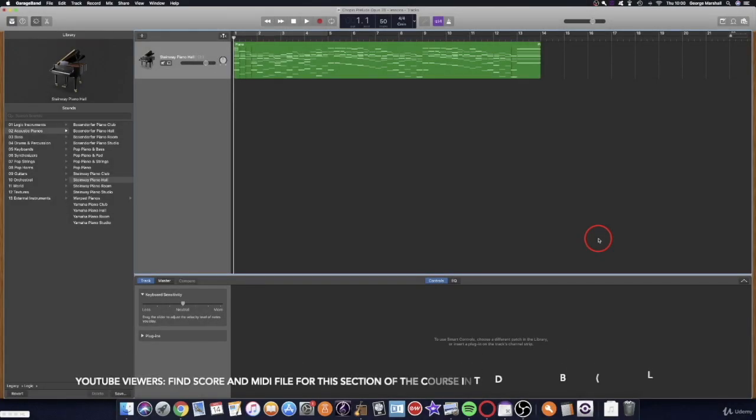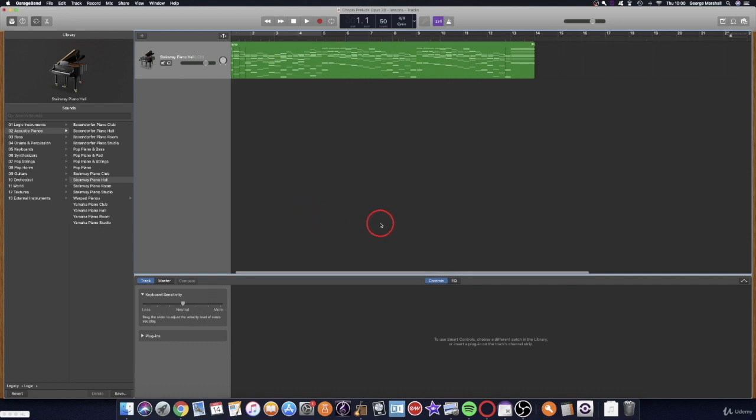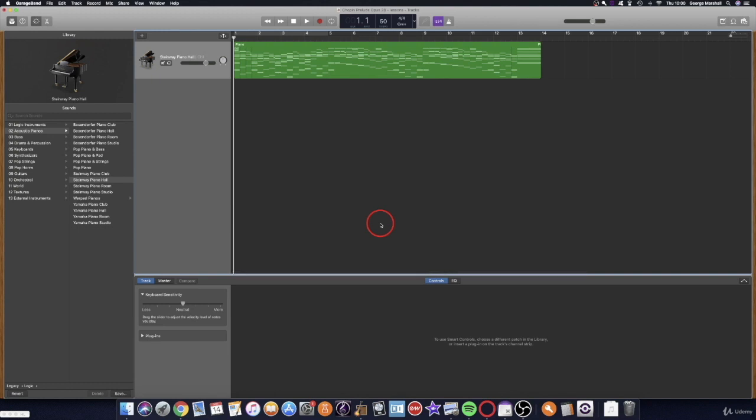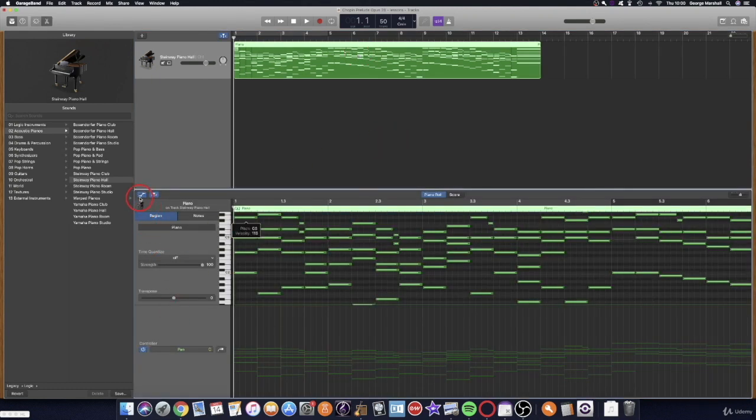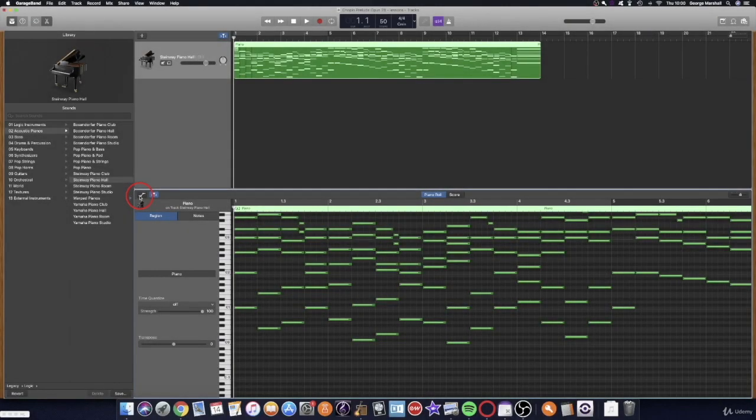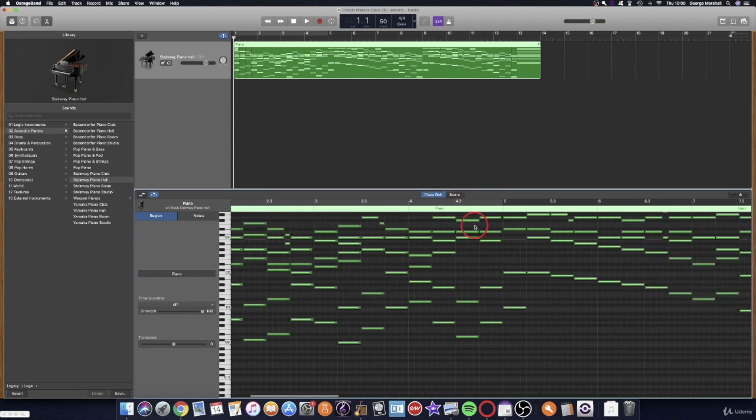So now that we have our instrument selected and our MIDI into GarageBand, and also obviously our default information gone, we can start playing around with the MIDI itself. So if we double click on here again, it'll open up the piano roll. For this part of the lesson, one of the first things I wanted to demonstrate within the piano roll is the control of dynamics,